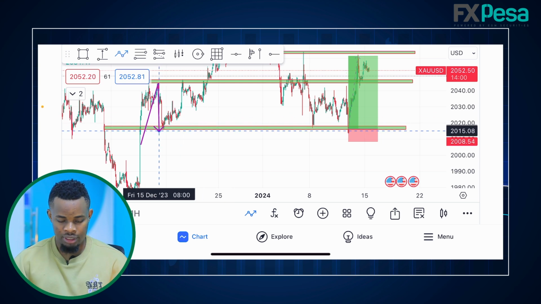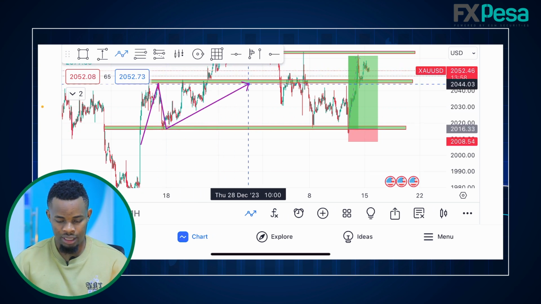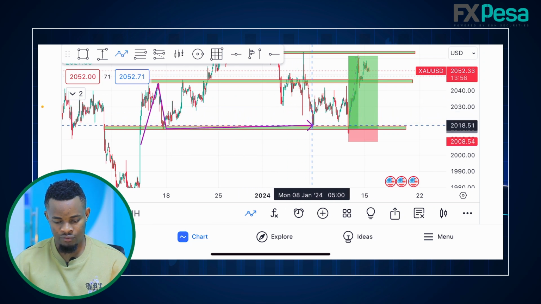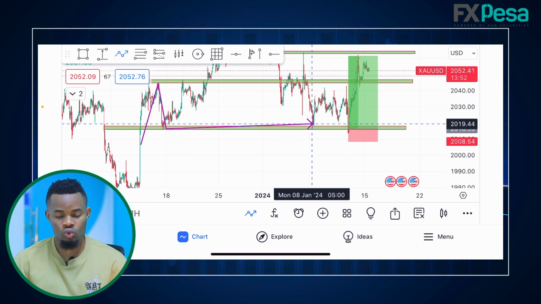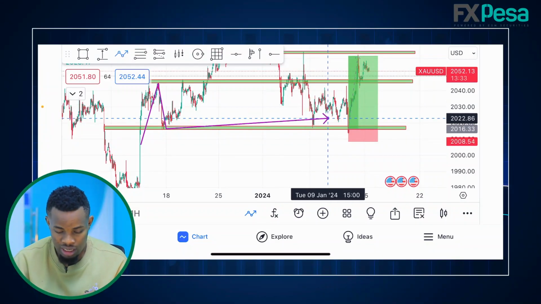The market went up to those levels up there, then it came back to this level here, right? So this level was resisted so much, which means it was strong. When this level is strong, it means if the market hits that level another time, it won't just buy like that. It will have to sweep the liquidity below those levels. Why? To pick up the orders. Like for example,